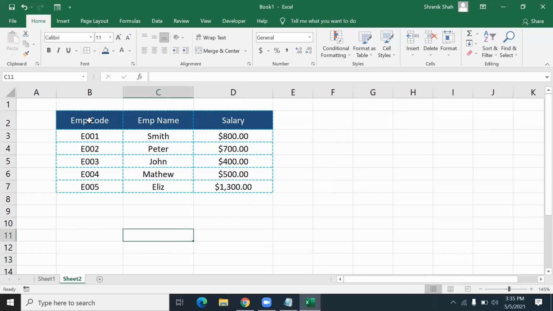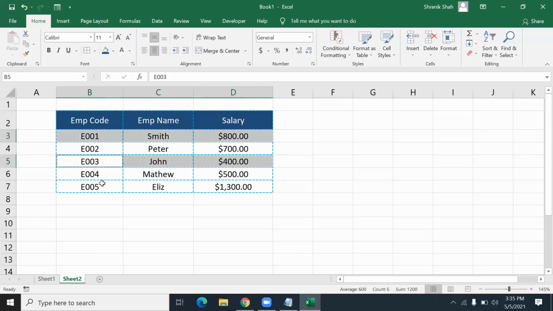Now next are the rows, like these rows, I want to apply some different colors. Okay, the banded rows. So I select the first row, I press the control key, I select the third row, I select the fifth row. So I selected all the banded rows using a shortcut, the control key.